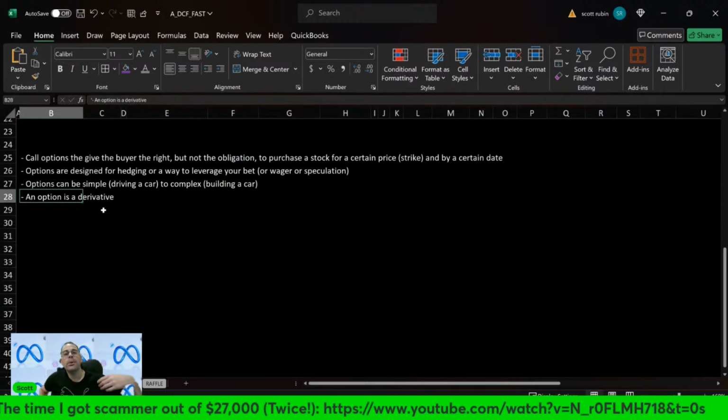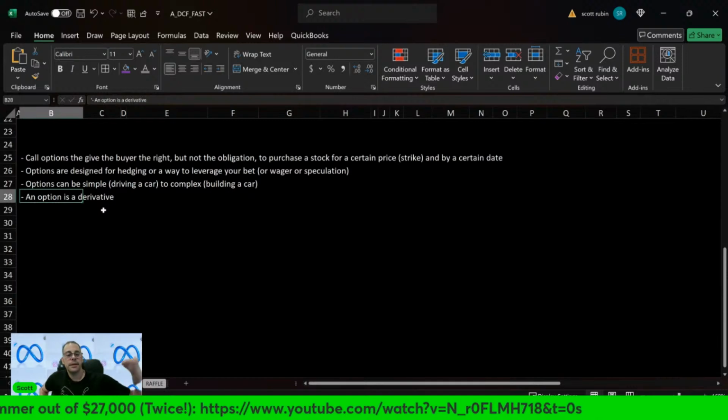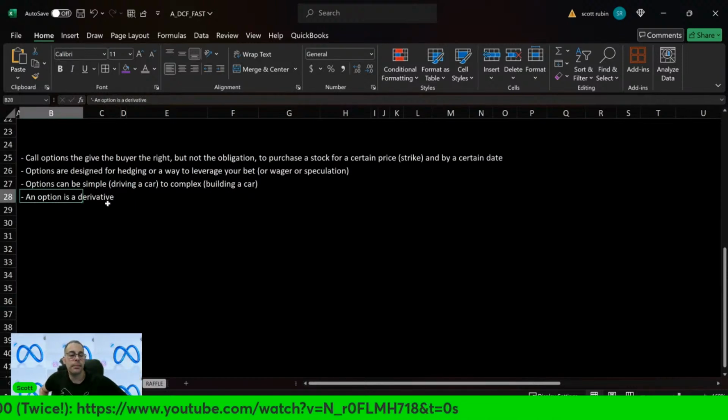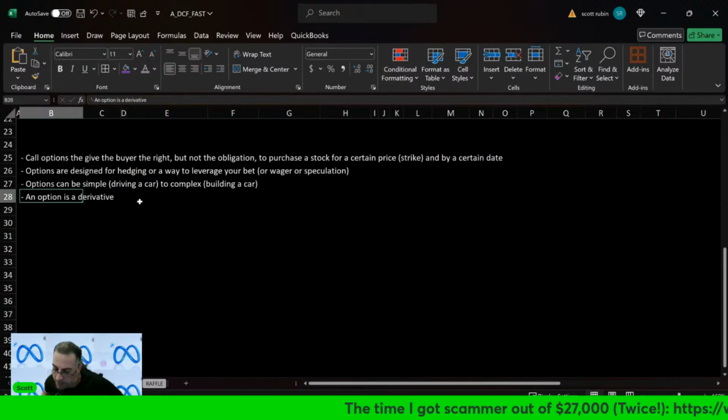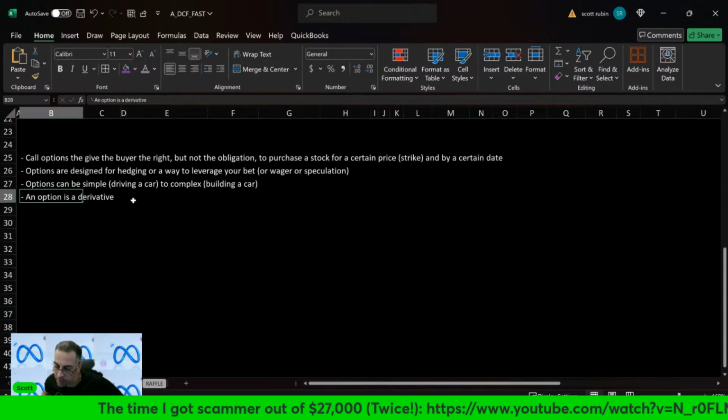And if you want to know what a derivative is, it's an option. It's when you have exposure to something indirectly. Can you explain the difference between shorting and put? I don't understand the differences. I know shorting is extremely